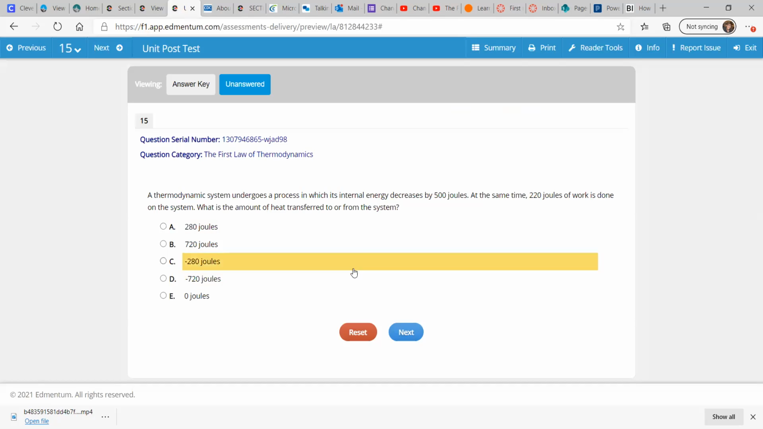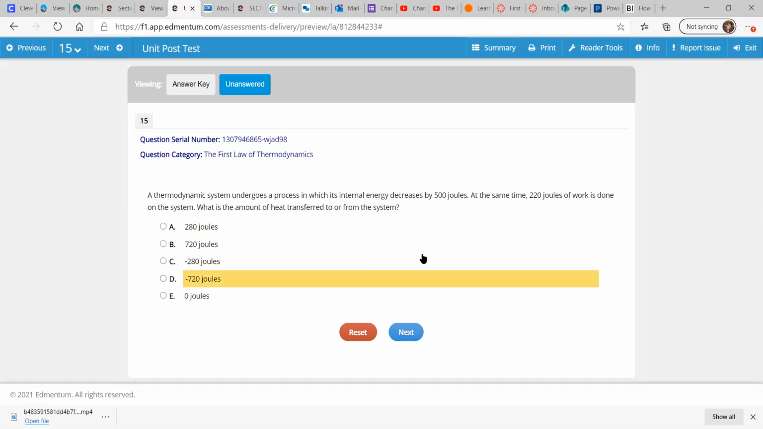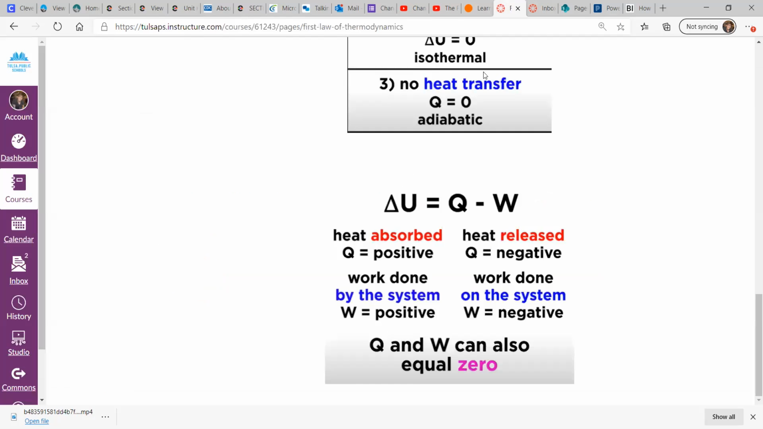Okay, so if we keep that in mind, we have negative 500 joules because internal energy is decreasing. The work is being done on the system, so that is negative 220 joules. What is the amount of heat transferred to or from the system? So if we take this equation, delta U, which is the change in internal energy, equals heat minus the work done by the system,